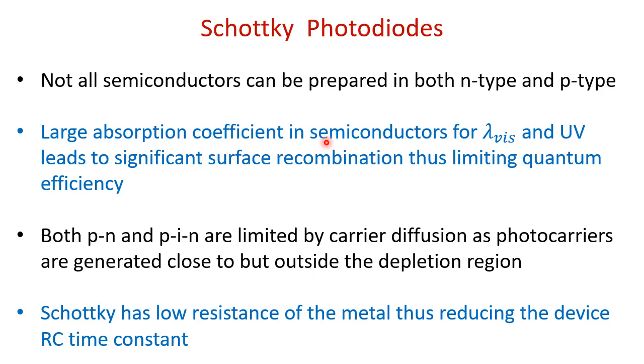This leads to a very significant surface recombination, because these photons are going to be absorbed at the surface itself. So the photon never really penetrates enough to reach the depletion region, and hence this absorption coefficient being large for these larger frequencies becomes a serious limitation